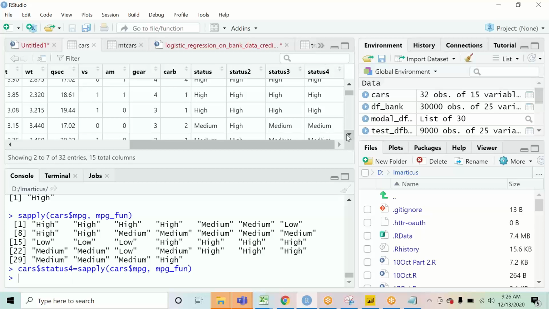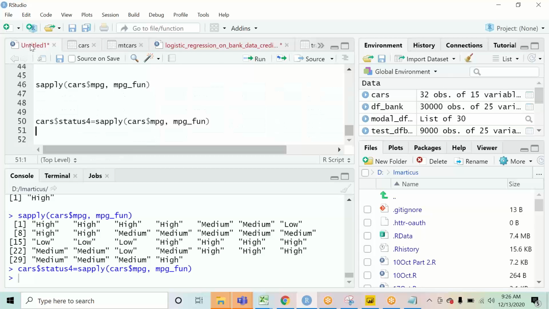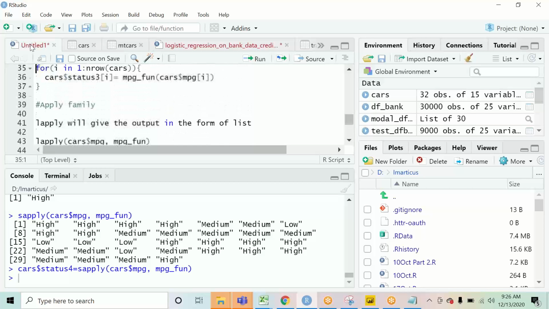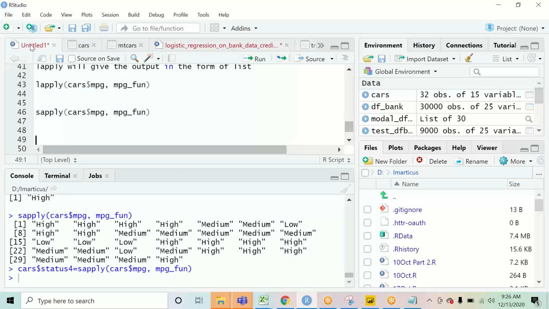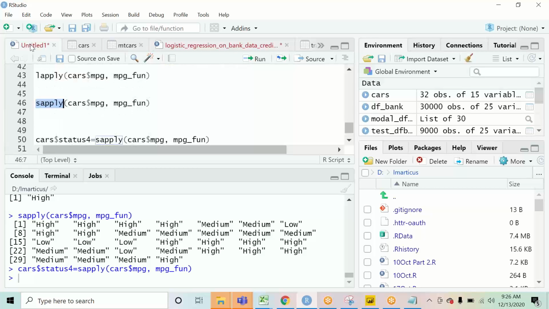This, and this. So basically the idea of using the apply family of function is when you have to apply a function and that will require a loop, you can avoid all the hassles of writing the complete section of this, writing the code and the loop and all. You can straight away get that task done by using the apply function.